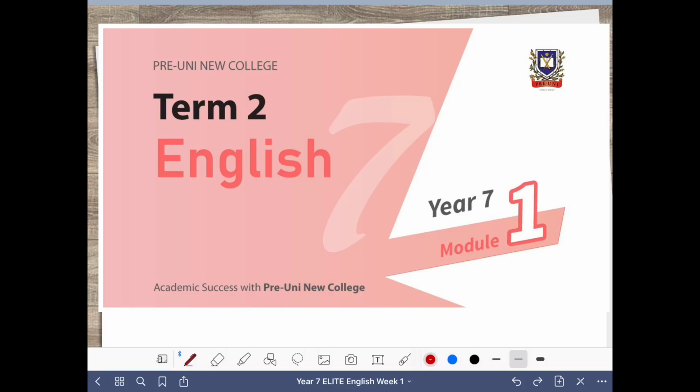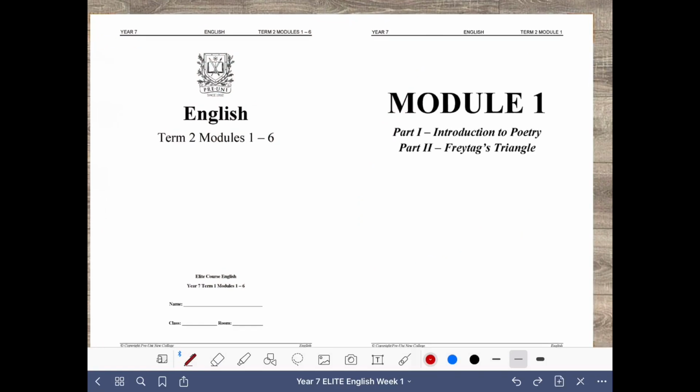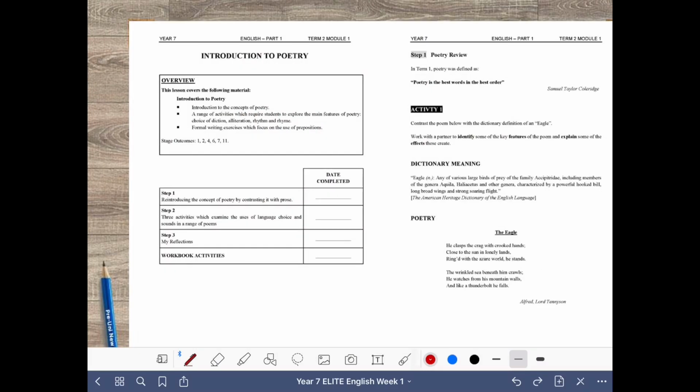This is Year 7 English Elite, and this is our first lesson, Term 2, Module 1, and today we'll be looking at the Introduction to Poetry and Freytag's Triangle. So, exciting work today in English. We'll be looking at the concepts of poetry, some of which you will know already, others you may be hearing